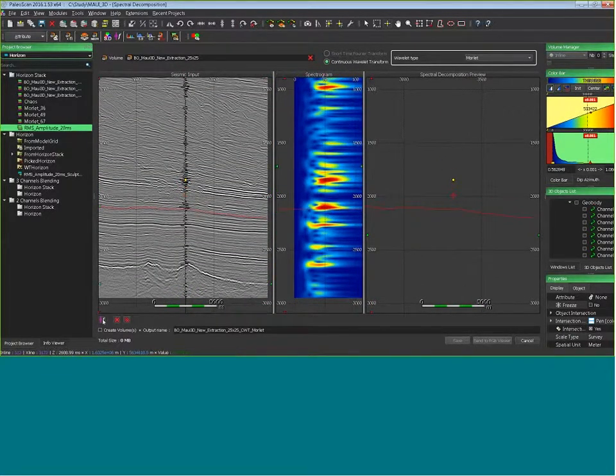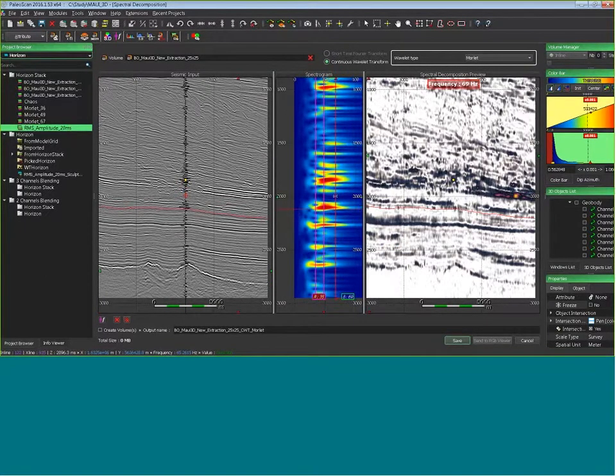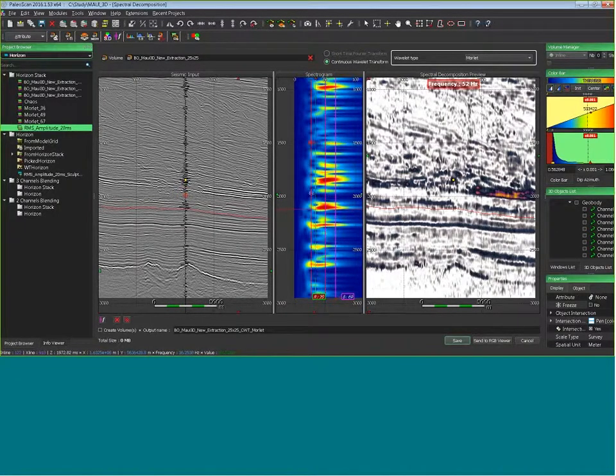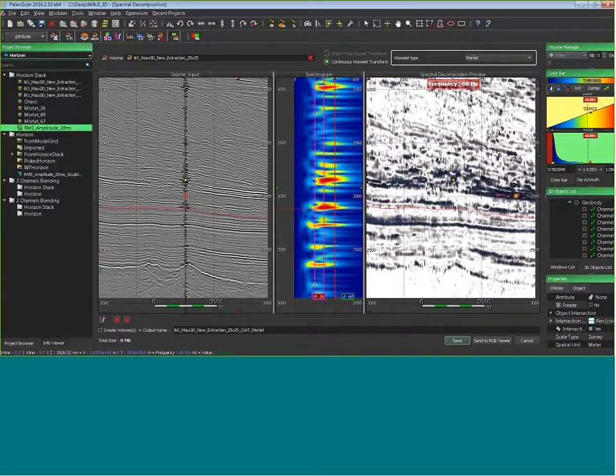And then I can pick, if I want to do some color blending, 3 different spectral decompositions like this. As you can see on the right part, I have the preview of the decomposition in real time.